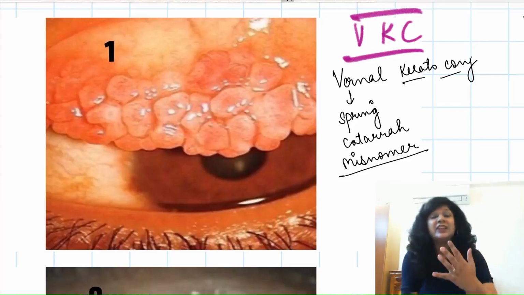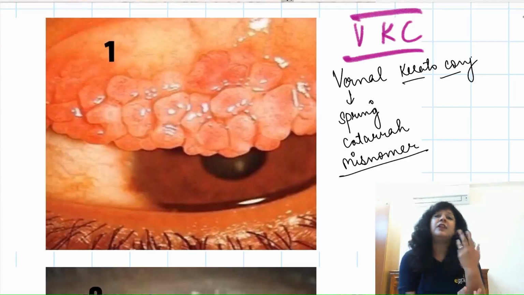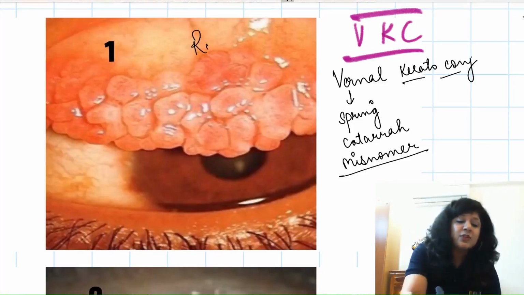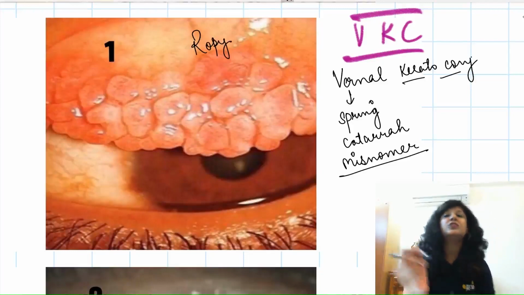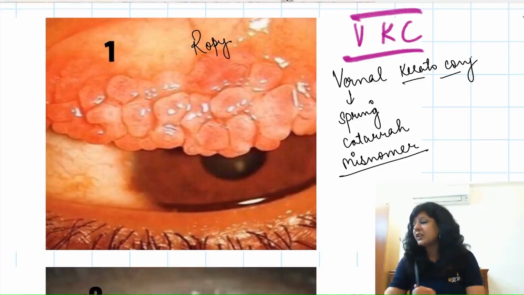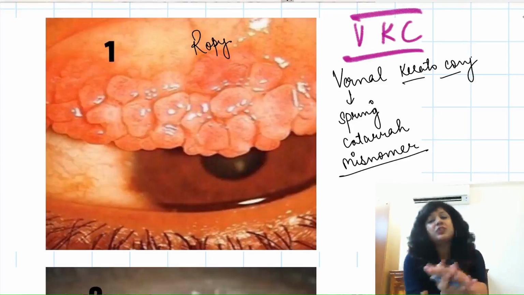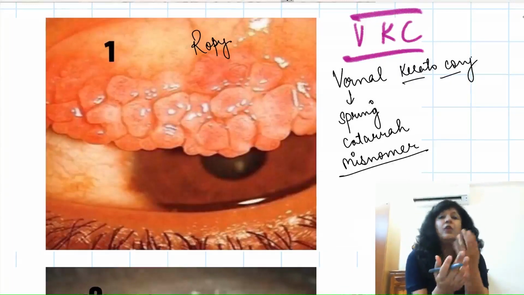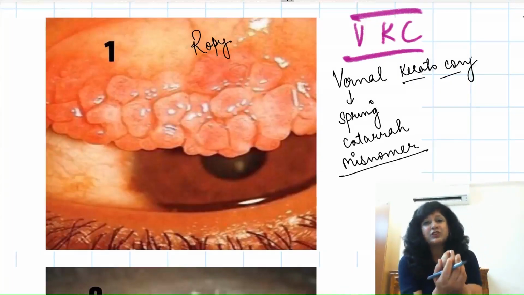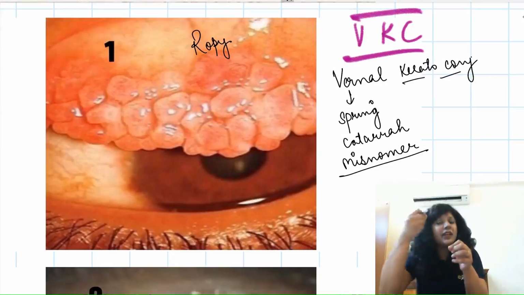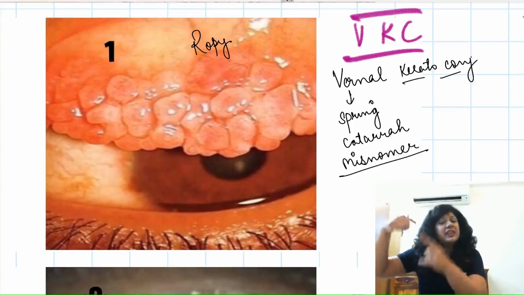There is intense itching, burning, then we have gritty sensation. This is the foreign body sensation, and a very very typical discharge that is called as the ropey discharge. Ropey discharge is again a very typical discharge, and this is a catch point. If you are getting a ropey discharge in your question, again you are very very sure that they are talking about VKC. Ropey discharge means the stringy discharge, like rasgulla ki chashni jaisi, like more the patient tries to remove it, it becomes stringy rope like.